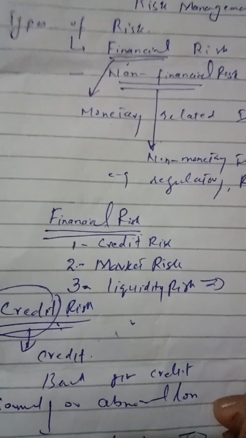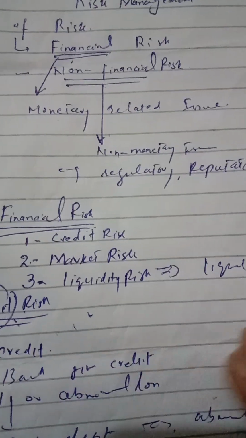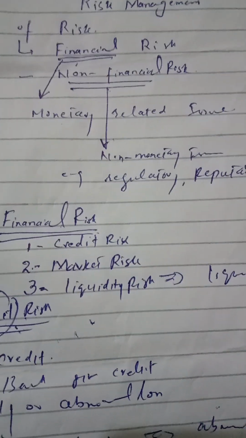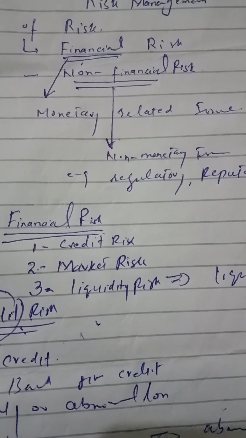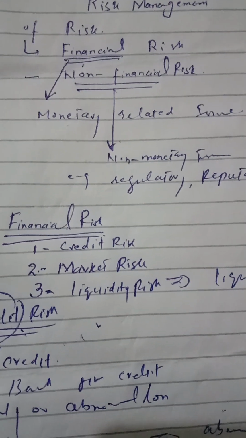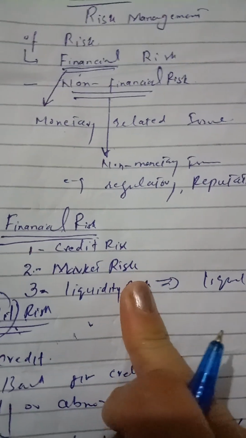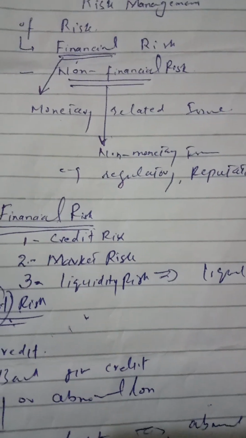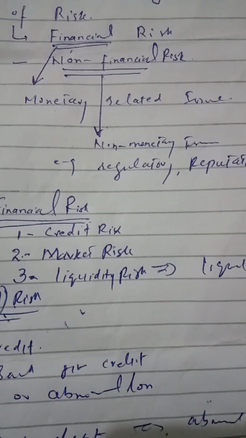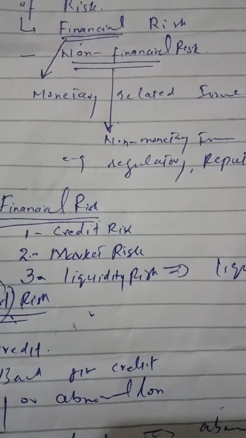For example, take two banks. If one bank has an ATM machine and another bank does not, customers will usually prefer the bank that has an ATM machine. So liquidity is the biggest factor. This is a liquidity risk for the bank that has no ATM machine. Okay, and we can say that liquidity